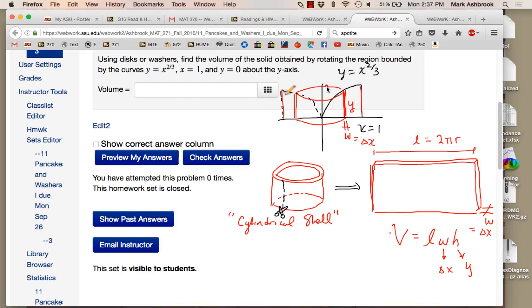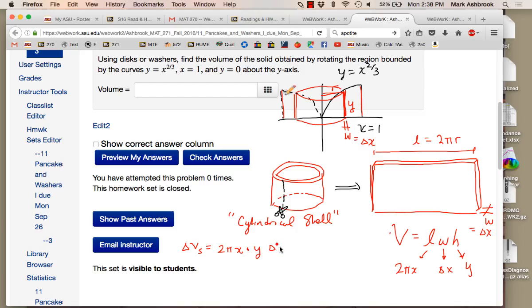So now we've got to do r. What is r? That's r right there. X, y, change in x, or change in y? She's saying x. Agree with that? The radius of the shell. It's an x coordinate, right? It's x, so also we got 2 pi x. So our volume then, so this is d delta volume of a shell. It's going to be 2 pi x, that's the length, times y is the height in this case,